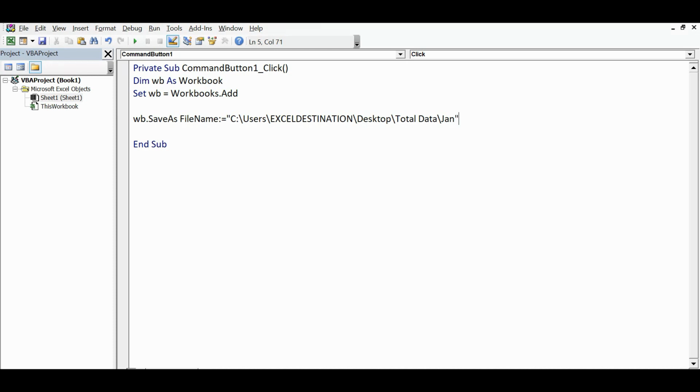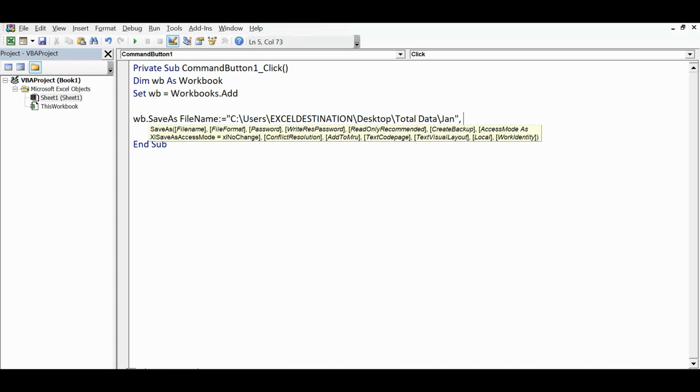I will close within inverted commas, and then I need to give the file format, like whether I want to save as .xlsx, I mean a simple workbook, or .xlsm, a macro-enabled workbook.